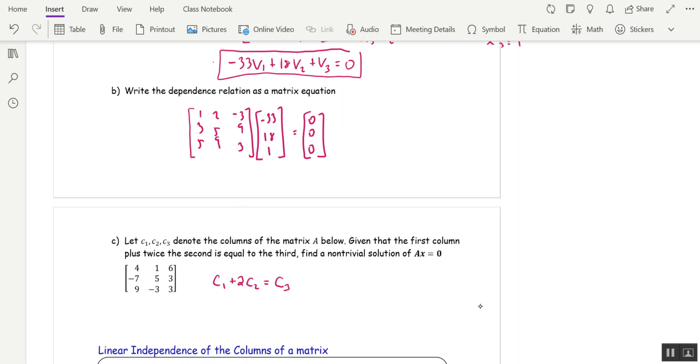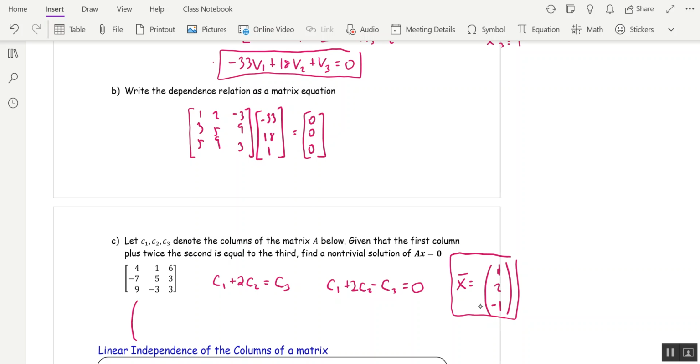Okay, so let's rewrite this as C1 plus 2C2 minus C3 equals 0, and the C's are the columns. So my non-trivial solution is going to be the weights in this equation. X bar will be 1, 2, negative 1. That's my non-trivial solution. And just to spell that out for you, the reason why that's true is that if